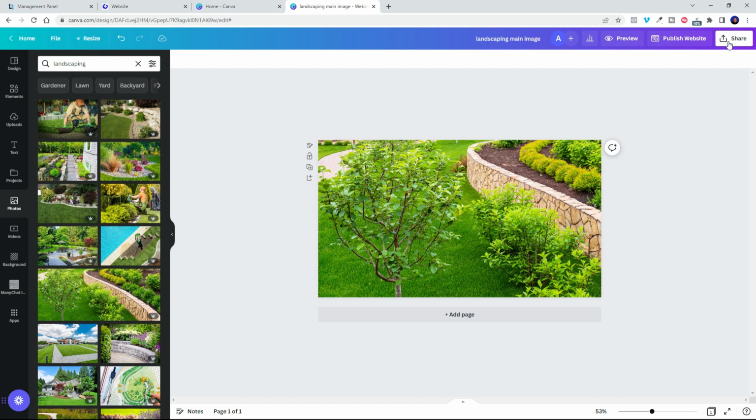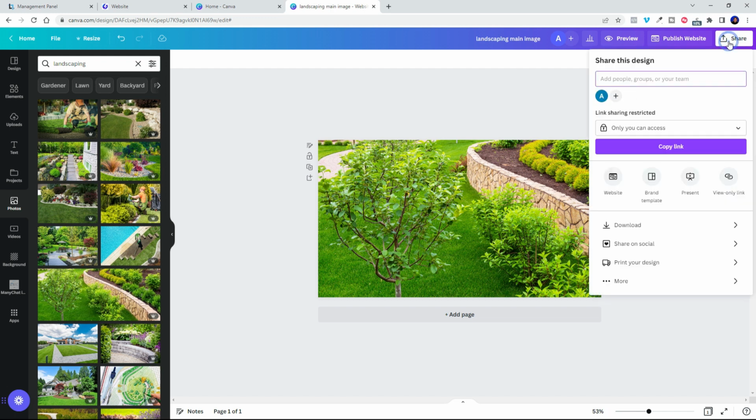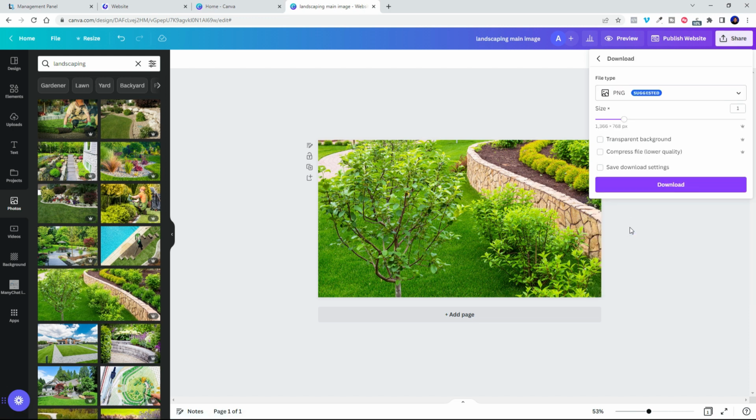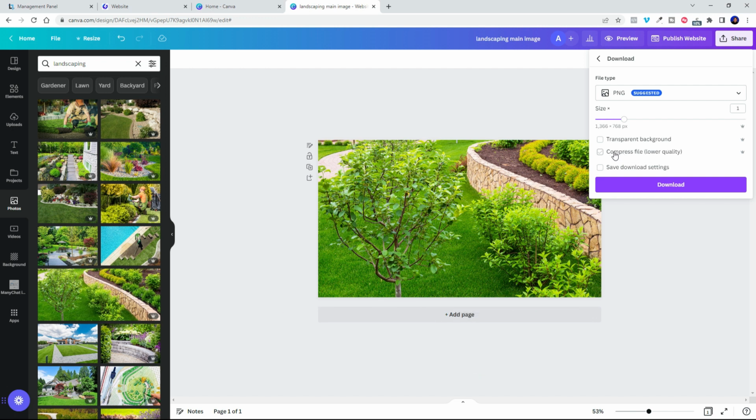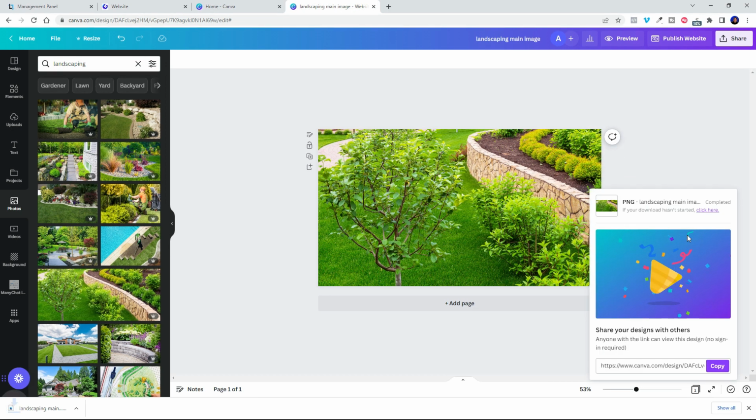Let's go ahead and hit the share button up here. Now I'm going to hit download. What I'm going to do is I'm going to compress the file so that it's smaller in size so that my website loads as fast as possible. So now I'm going to go ahead and click download. That's downloading right there. Now I'm going to go back to my website,